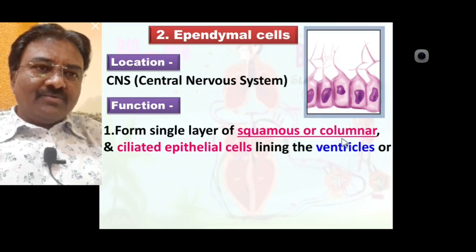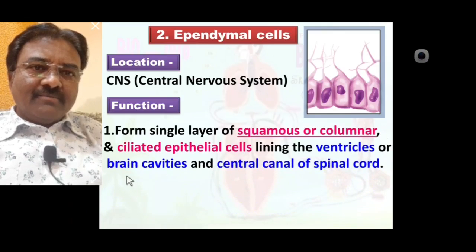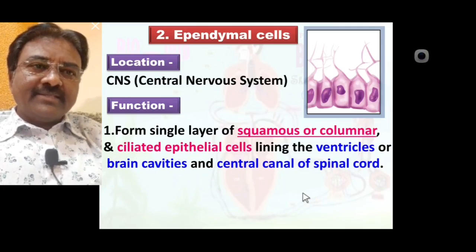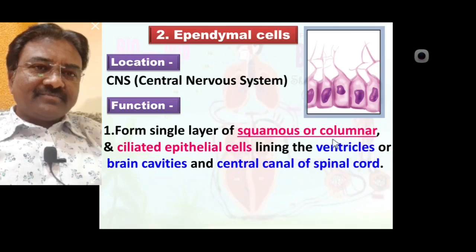Form a single layer columnar or squamous and ciliated epithelial cell lining the ventricles or brain cavities and the central canal of the spinal cord. You know, in the brain different cavities are present. Inside the different cavities different brain parts are located. So these cavities of the brain are called ventricles, and in the ventricle the internal lining is